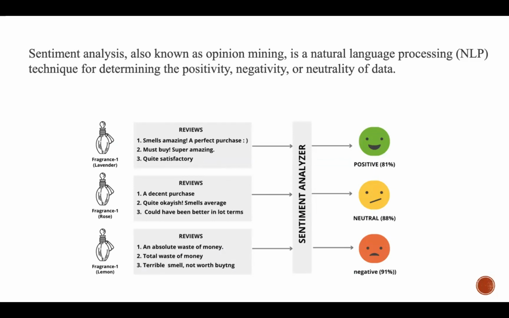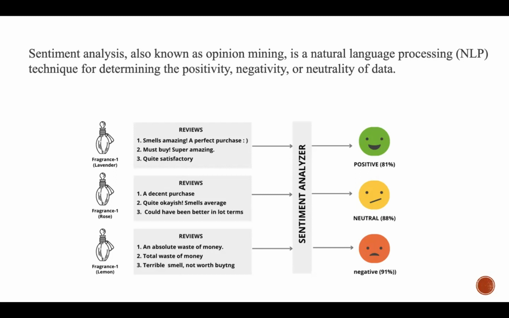And it focuses not only on polarity like positive, negative, or neutral, but also on emotions like happy, sad, angry, etc. So it uses various natural language processing algorithms like rule based, automatic, and hybrid approaches. So, what is its significance and how do organizations benefit from it?